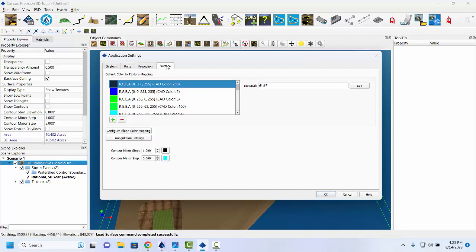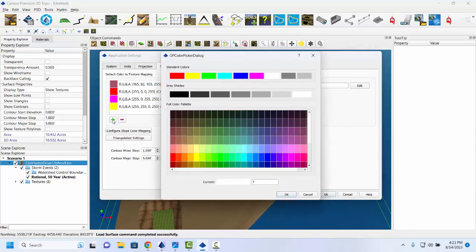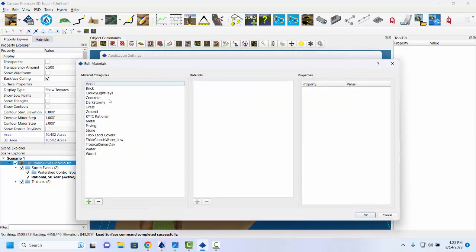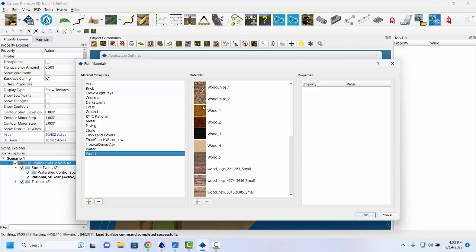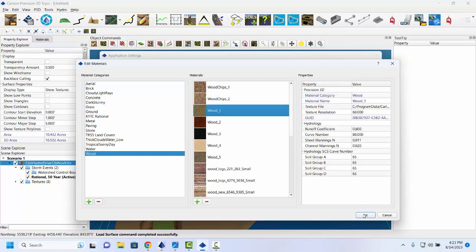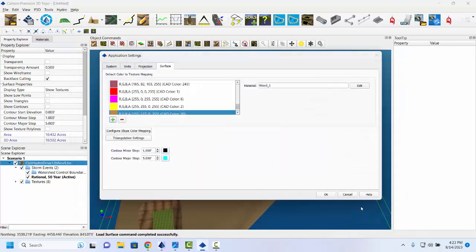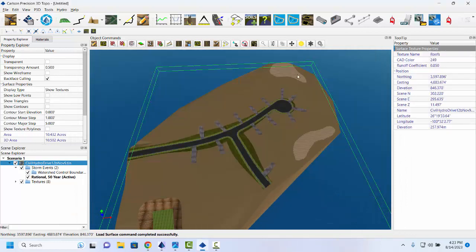under the Surface tab, under Tools here, we need to be sure we have a color 30. Type it down here and assign that to what might be a wood style roof. There we have our runoff coefficient of 80 defined there in the rational method. Now, with that defined and